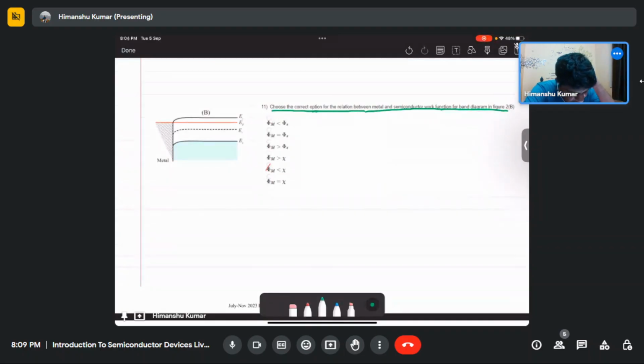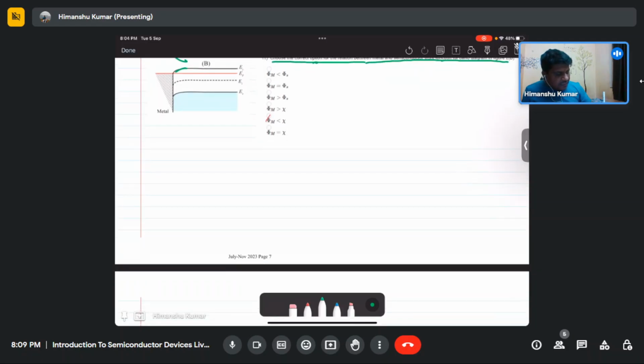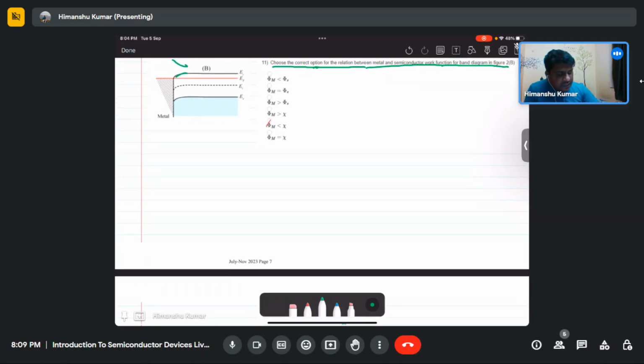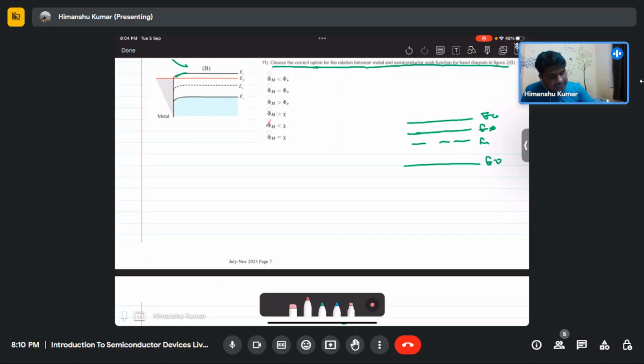In this, as you can see, the band bending is negative. Instead of going up, it is going down. This is possible only when your semiconductor, suppose this is an n-type semiconductor, this is EC, this is EF, this is Ei, this is EV, and in the metal side,